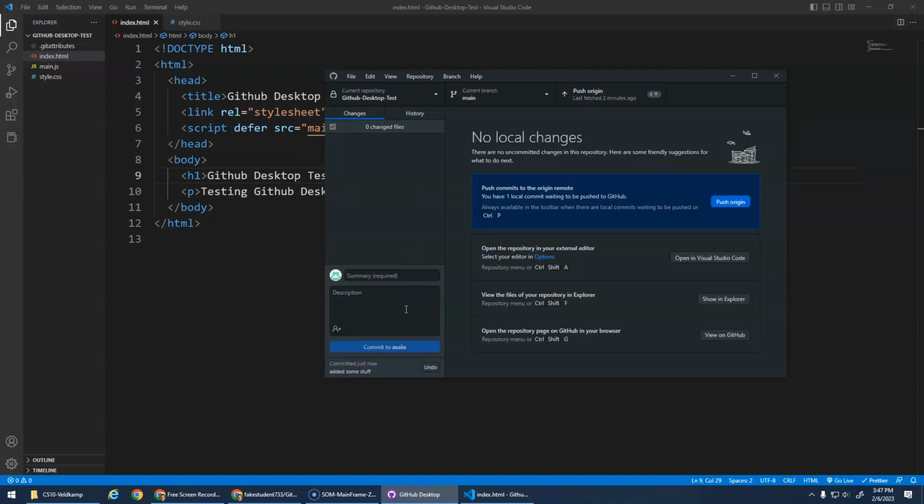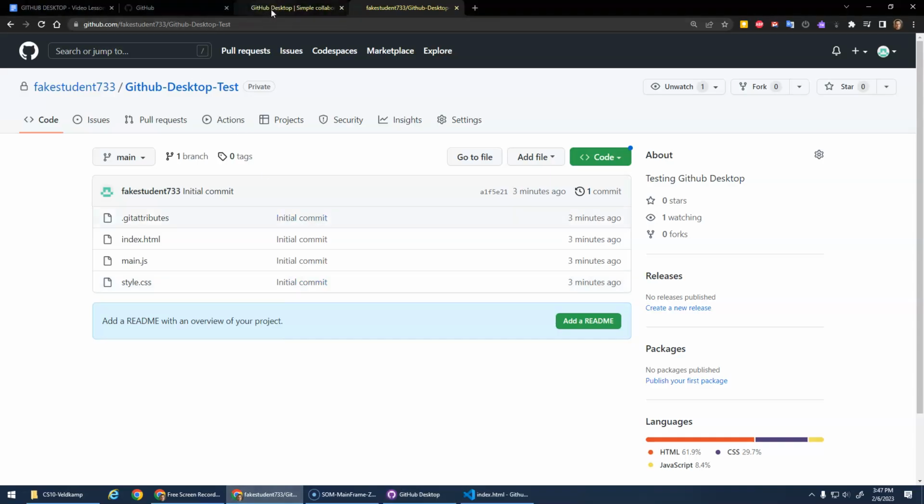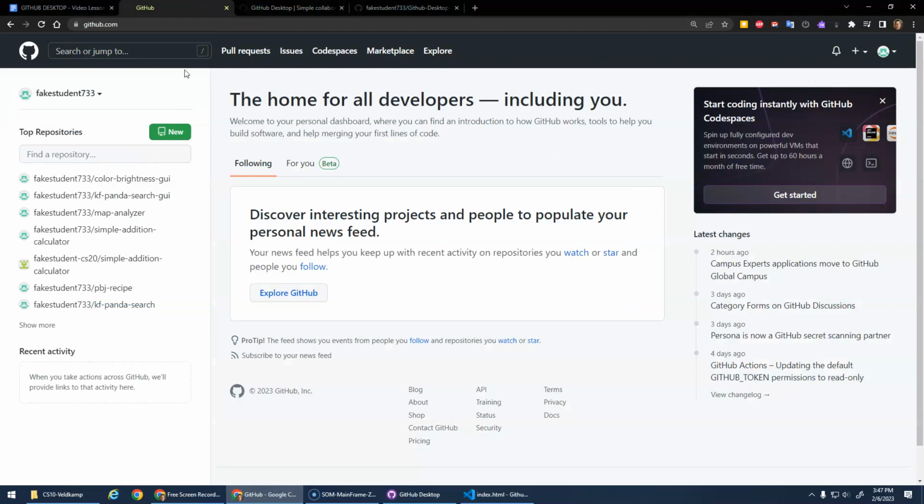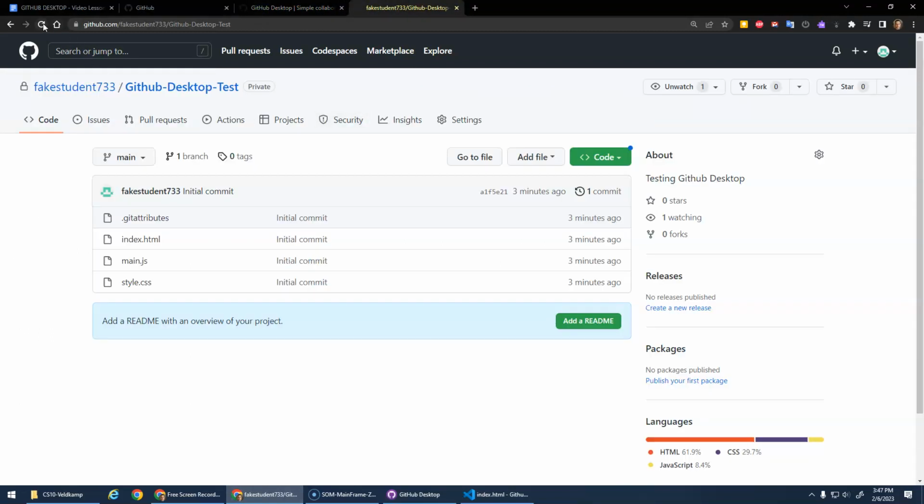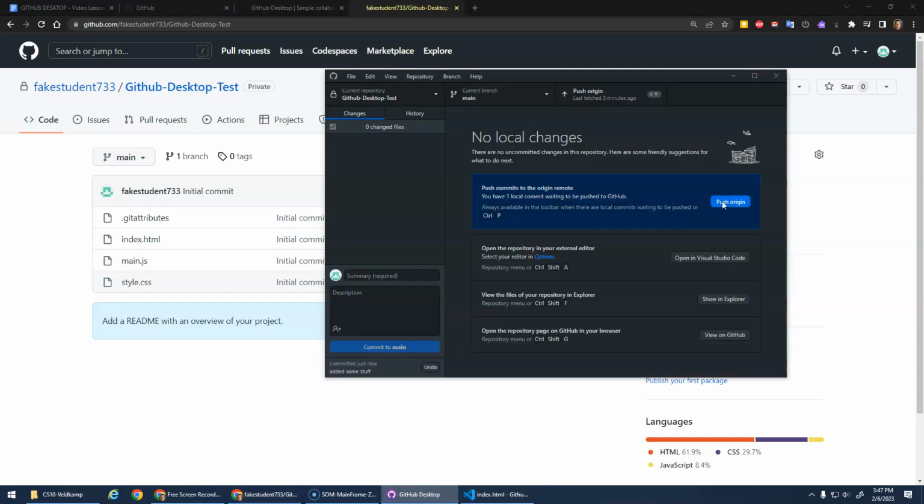Now that I've made a commit, that's what it means when you commit your changes, I can now push origin. There's a local commit waiting to be pushed. I made some changes on my local machine. By hitting push origin, it's going to show those changes on my GitHub account. So right now, if I go to GitHub and hit refresh, you'll see 4 minutes ago was my initial commit. Now I'm going to push origin,